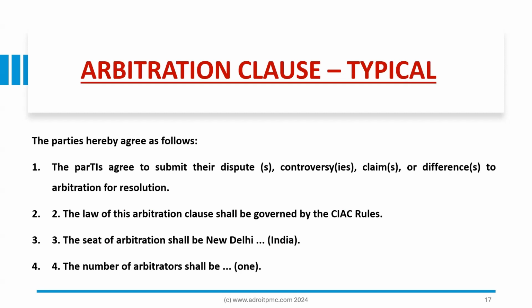So let us see what this arbitration clause, that is the dispute resolution clause, specifically mentions. The parties agree to resolve their disputes through arbitration here, and the law here is governed by CAAC rules. And the seat of arbitration shall be New Delhi because the CAAC office is located at New Delhi. Although, if the parties are willing to conduct the arbitration proceeding in some mutual location, they could request the arbitrator and conduct the proceedings on the mutual location.